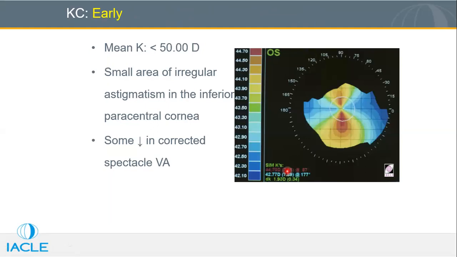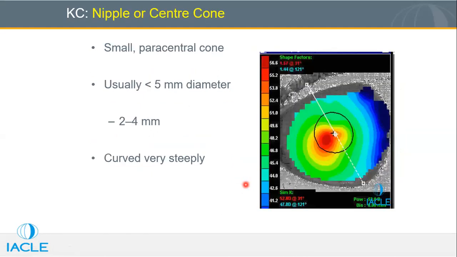Some of the early features of early keratoconus are that the mean K would be less than 50 diopters and you have a very small area of irregularity. Like here we are seeing an asymmetric bow tie with inferior steepening, but the irregularity is very small, not a very high irregularity. These patients would have good vision with spectacles, although you will not be able to get 20/20 vision, but their vision would be satisfactory and they can manage with spectacles. But if they need very sharp vision, then they have to go for contact lenses.